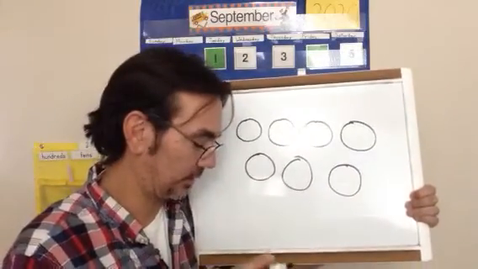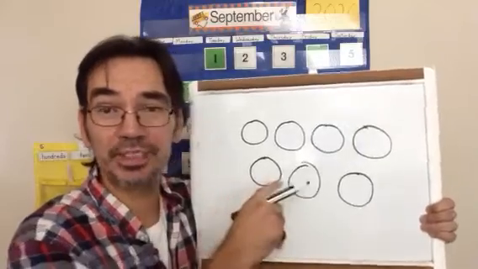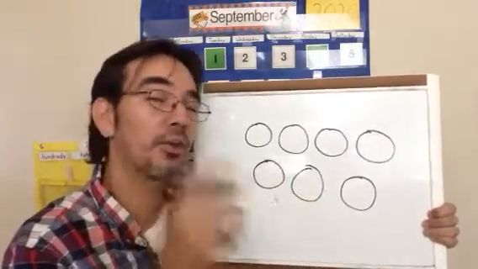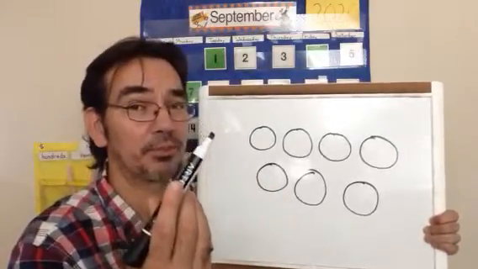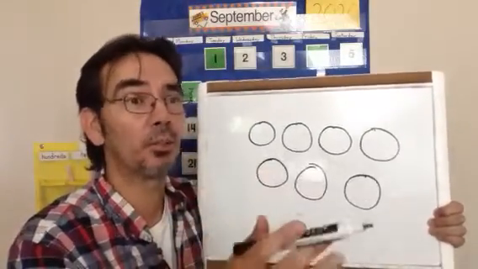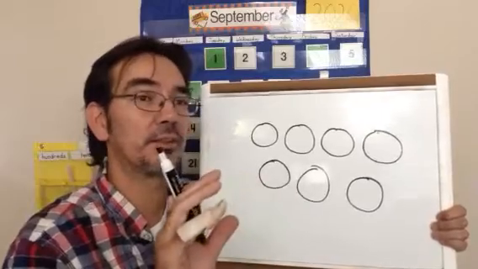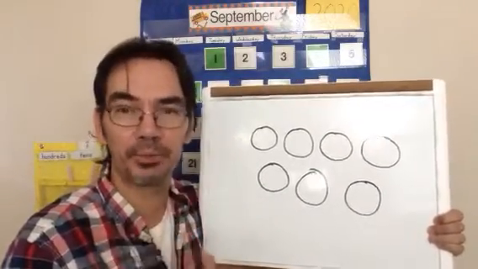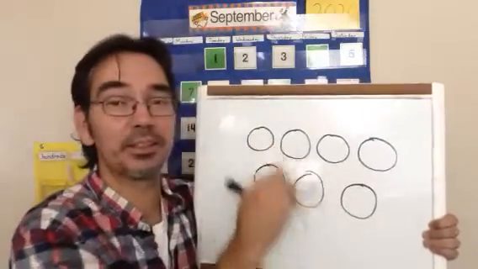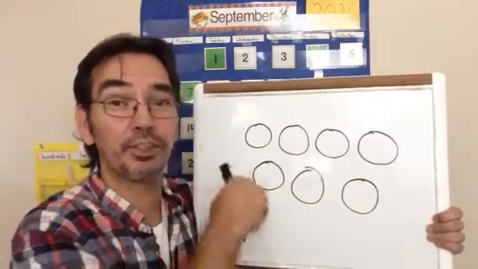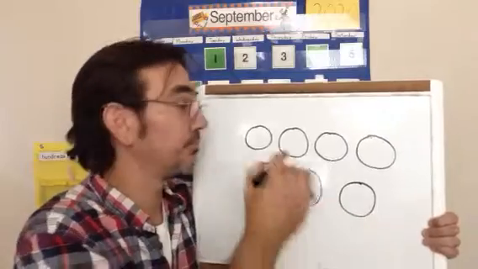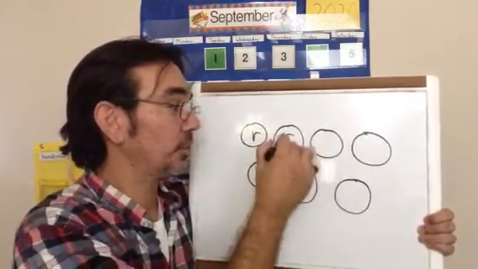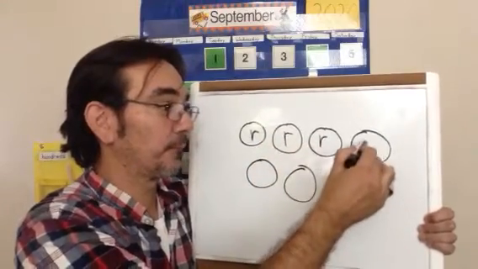So the next part says 6 folders are red. So 6 of these are going to be red folders. Now, if you had colors, you could use colors. But we don't have colors. Today, I just have my marker, and it's a black one, and that's all I have. So what I'm going to do is, red begins with the letter R, right? Yep, begins with the letter R. So inside 6 of these, I'm going to write a letter R to show that they are red. So I'm going to put it right in the middle, just like that. Letter R. 1, 2, I'm going to put it in 6 of them. 3, 4,